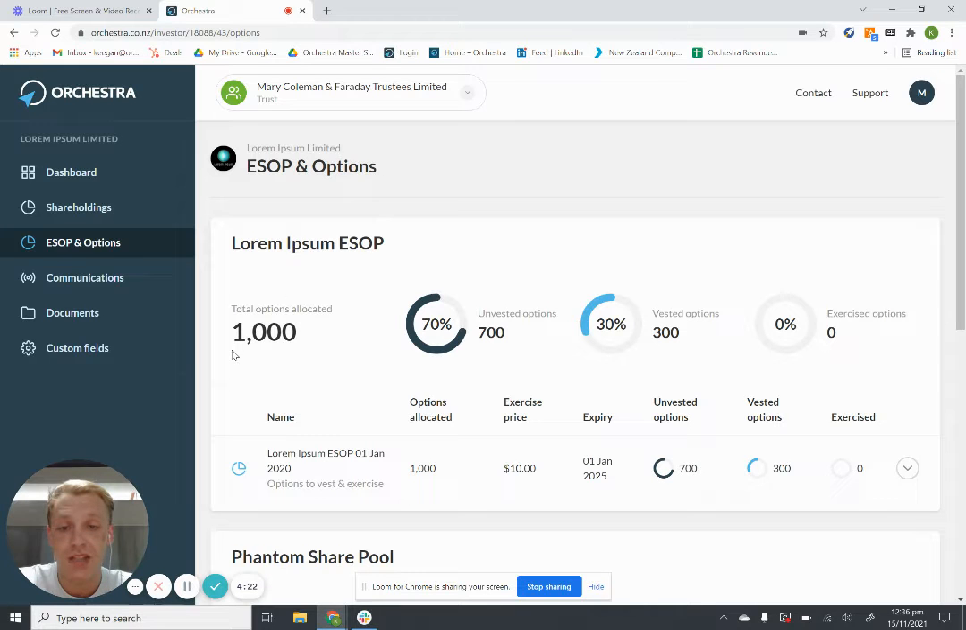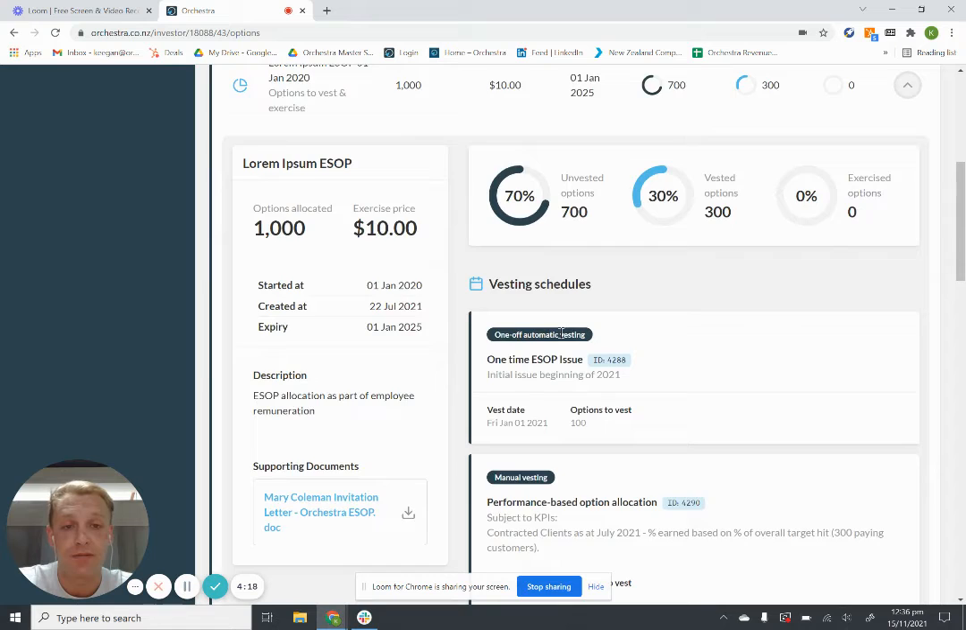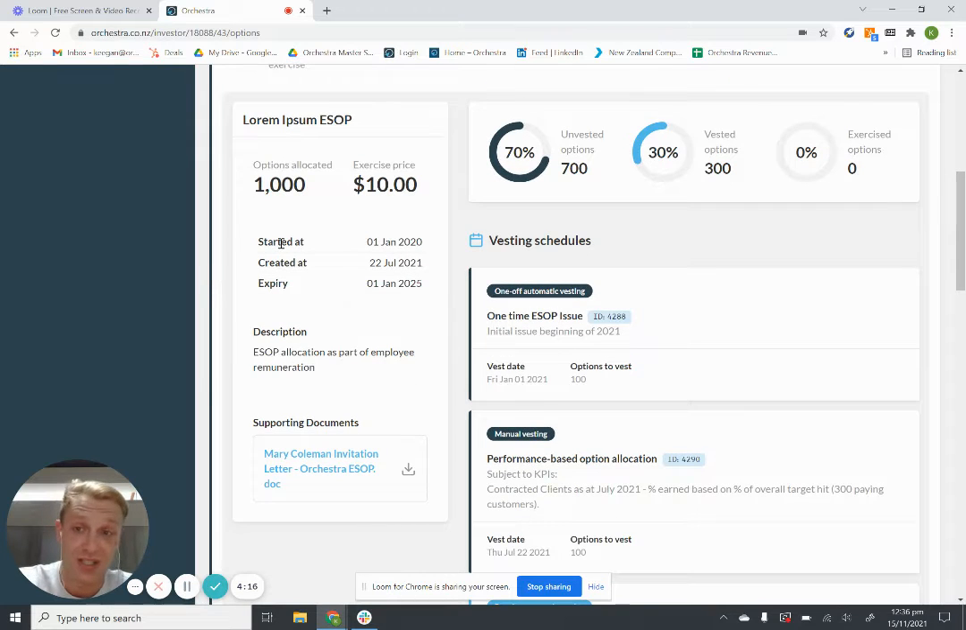of this particular ESOP. Now, if we click this drop-down box, we get a couple of really important bits of information, such as the number of options which have been allocated to you, the exercise price of those options. You will get some key dates, including the start date and expiration date. You'll also get a bit of a description around what this ESOP is all about and any supporting documents for